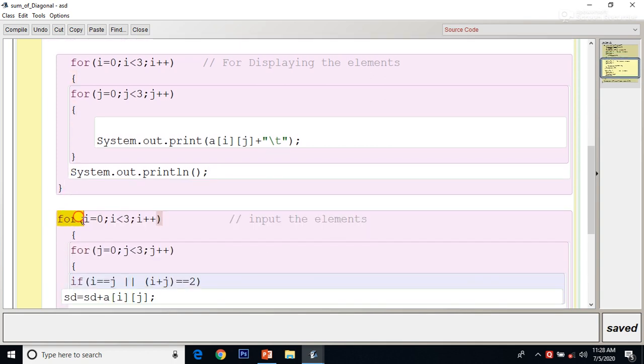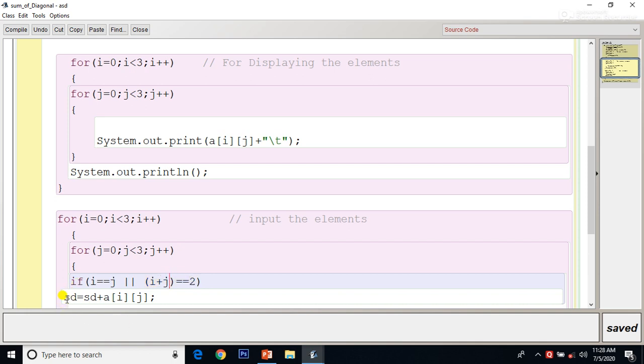Now again I am running this loop, and I will do the process. See, if i equals j, here we have to consider the position. i equals j means the position of row and the position of column will be the same, that is the first position is 0 0, and when both positions are similar, or i plus j equals 2, this one is for the middle values.